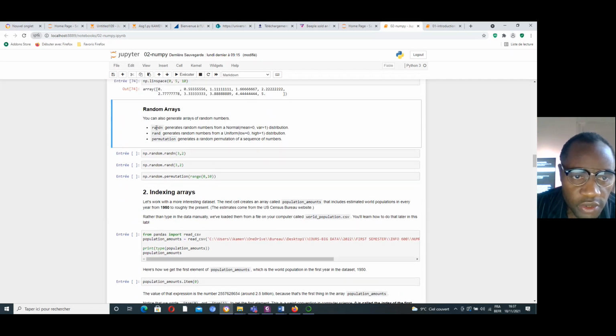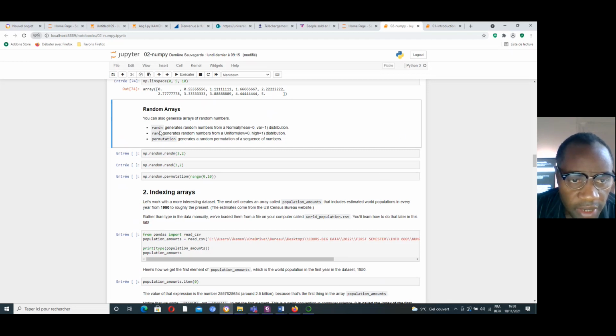But we can use random arrays. You can also generate arrays of random numbers, for example random numbers from a normal distribution with mean 0 and variance 1.